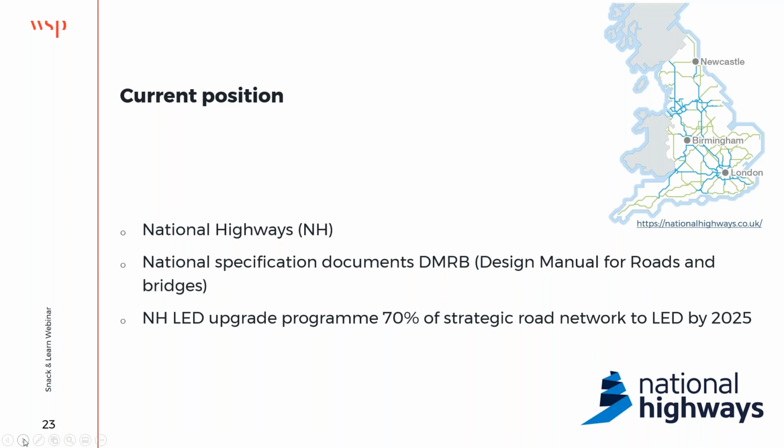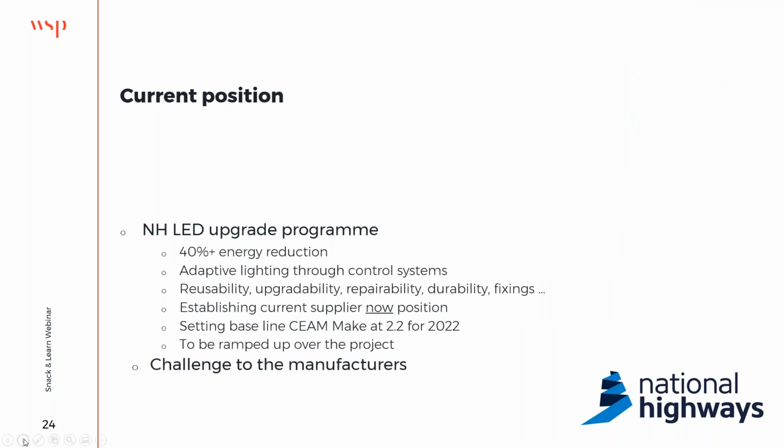From that point of view, we have spoken to National Highways, we've looked at their specification, and we've discussed with them the full benefits of circular economy products. And they've been quite happy to actually look at doing that. So their program is looking at a 40% plus energy reduction. It's going to apply adaptive lighting, so control systems, so we can adjust the lighting levels depending on the traffic flows. But they see the reusability, the upgradable and repairability and durability of fixings as being a very important aspect